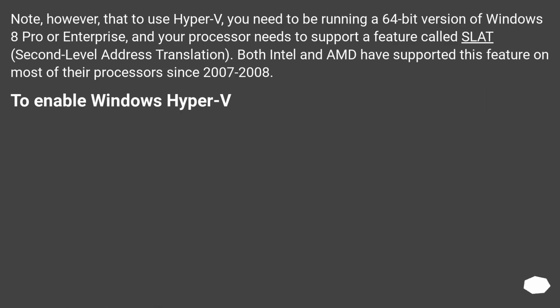Note, however, that to use Hyper-V, you need to be running a 64-bit version of Windows 8 Pro or Enterprise, and your processor needs to support a feature called SLAT, Second Level Address Translation. Both Intel and AMD have supported this feature on most of their processors since 2007 to 2008. To enable Windows Hyper-V,